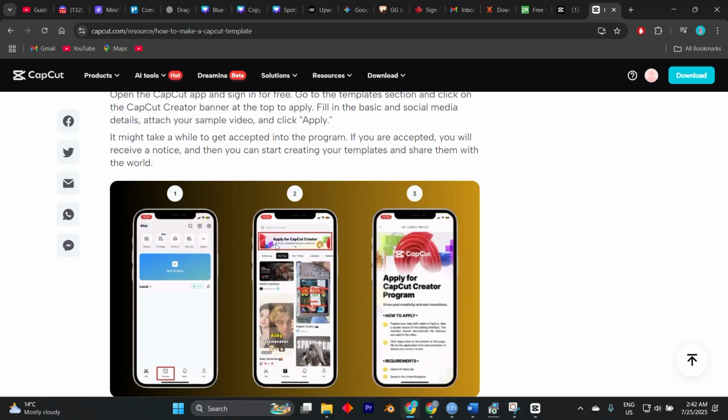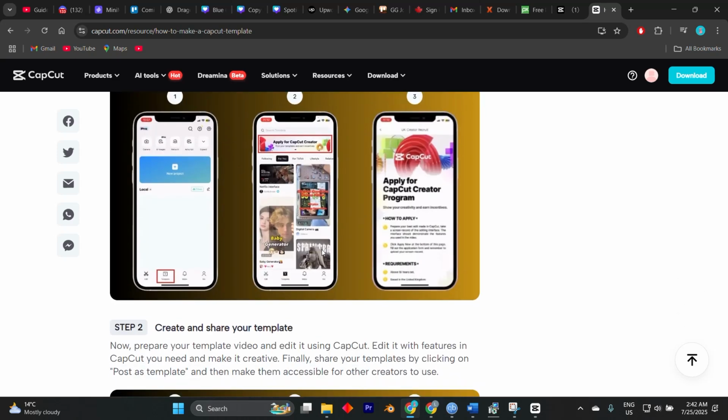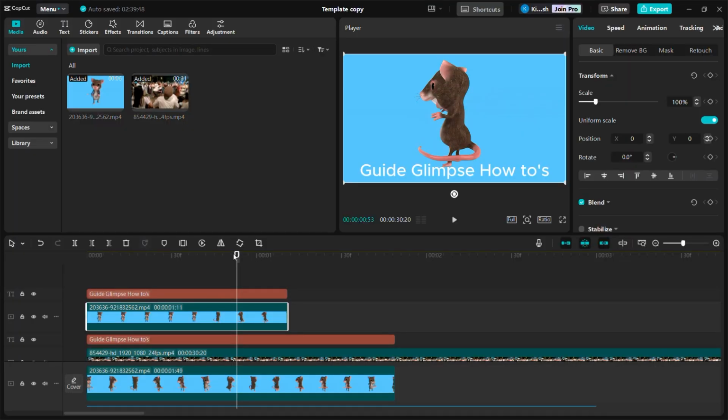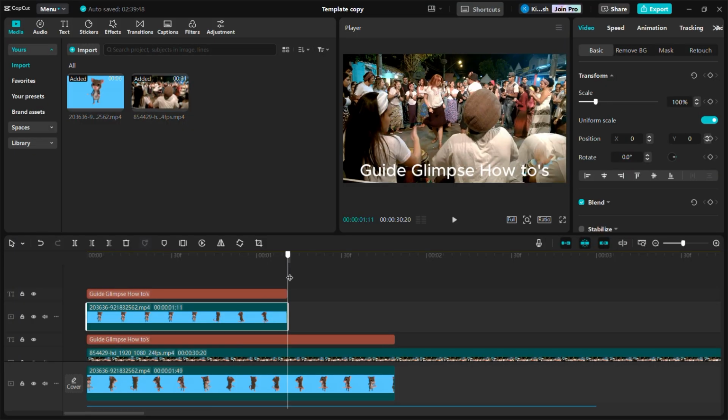CapCut will review your application. If accepted, you'll receive a notification within the app or via email. Now, once you are approved as a CapCut template creator, you'll gain access to specific features for template submission. Now open a new project or existing project in CapCut, design your template, create your video as you normally would,